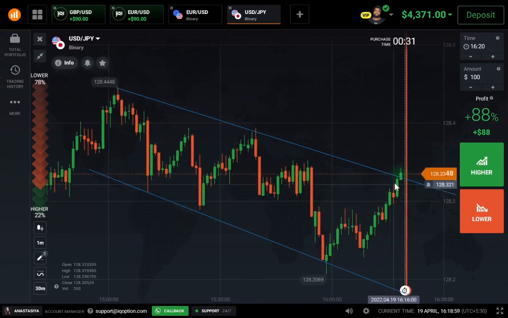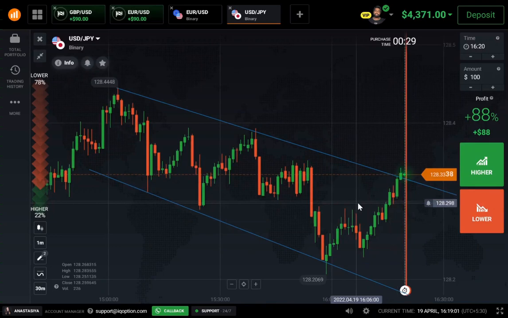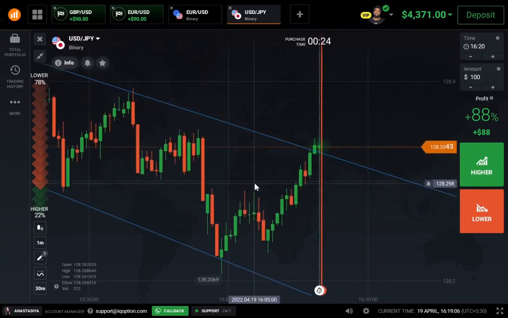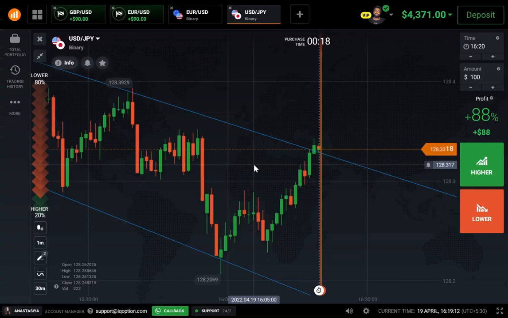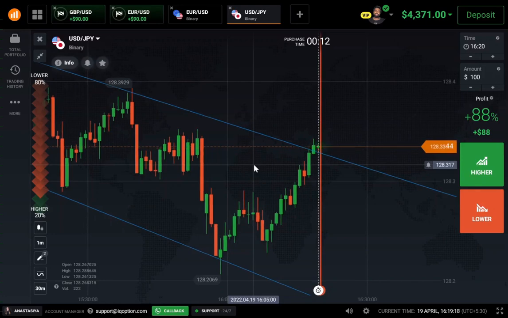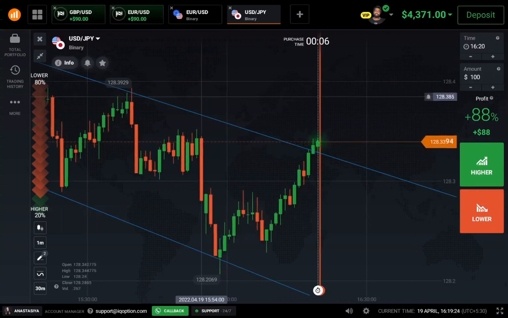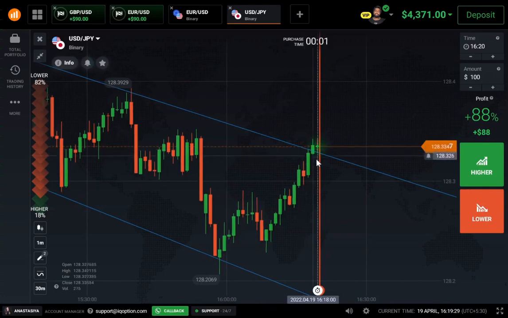So now we have the third time the process is going on. Now let's understand what a breakout is. For a breakout to happen, prices should close higher than the trend line. When we say close, the candle should close higher than the trend line and should stay higher than that. In that case, we can say that the price has successfully broken the trend line and is expected to move